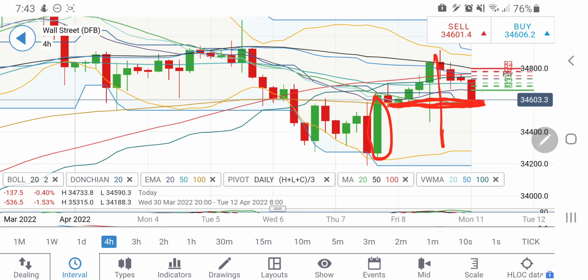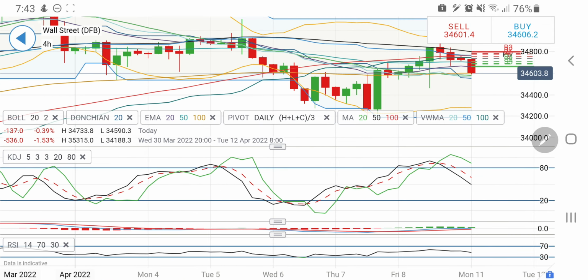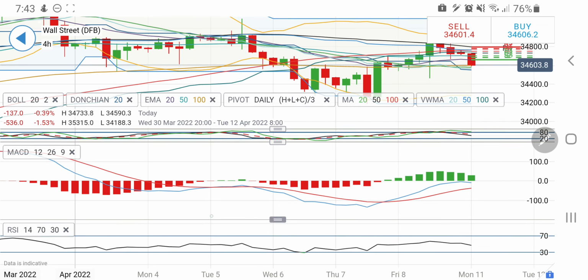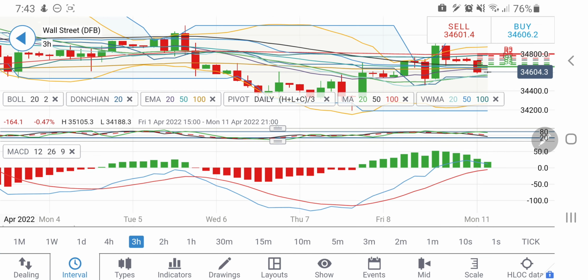Probably below 34,550, then there is a fairly larger area to cover. Then one can expect 34,400, which is a strong support, and then towards 34,300. These two levels I will be watchful of. Daily 4-hour stochastic looking downwards, and MACD trying to converge towards sell side. Right now it is green, right now it is on the buy zone.